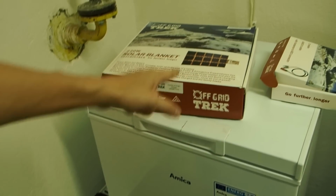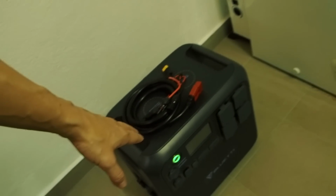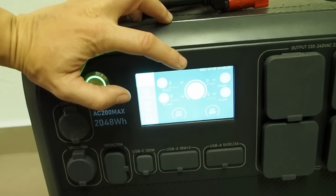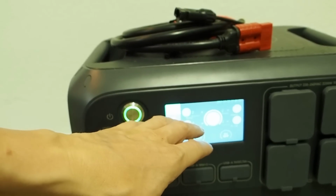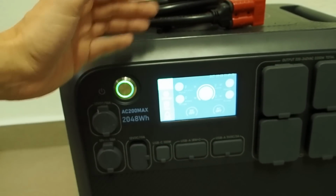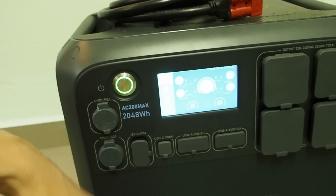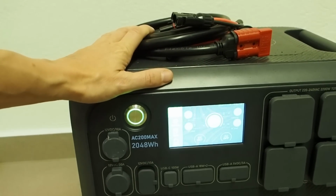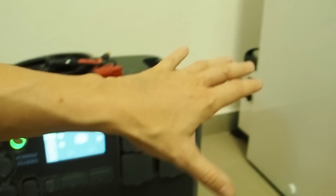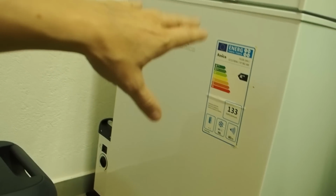But before we are going to use it, I first want to hook up the freezer to my power station, and that's because now it's charged to 100%. So in that case, the solar panel would not charge the power station because it's already full. So first I want to let it drain to maybe 90-95%, and then we are going to hook up my new solar panel, and then we will see if it's powerful enough to charge the battery and to keep the